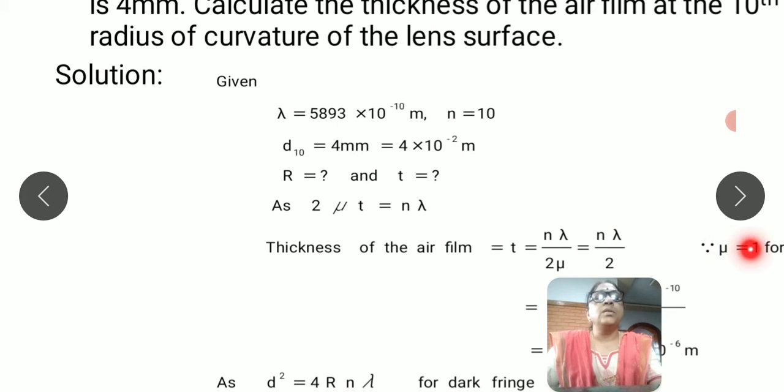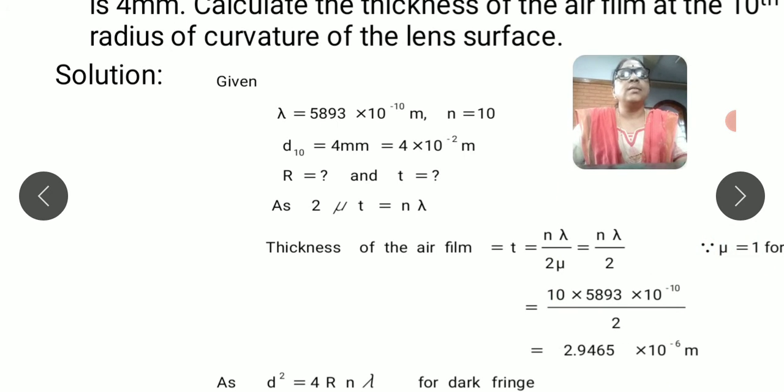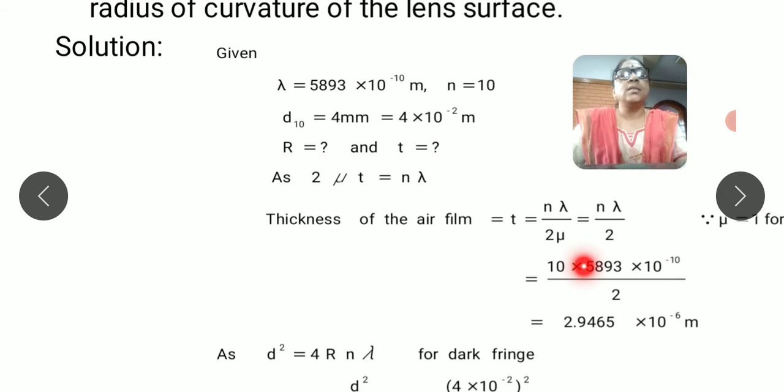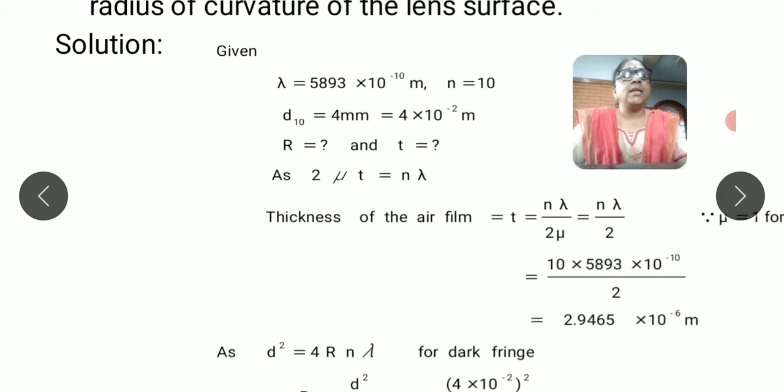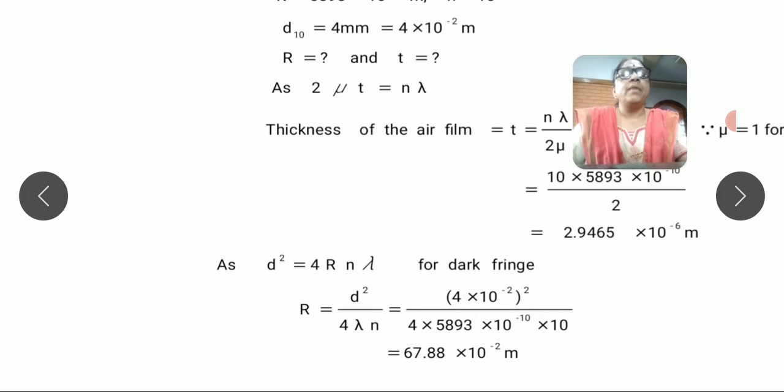So as mu is equal to 1, and n lambda divided by 2 is the thickness, after substituting this, that is 10 into 5893 into 10 raised to minus 10 divided by 2, we get the thickness as 2.9465 into 10 raised to minus 6 meter. And the wavelength,